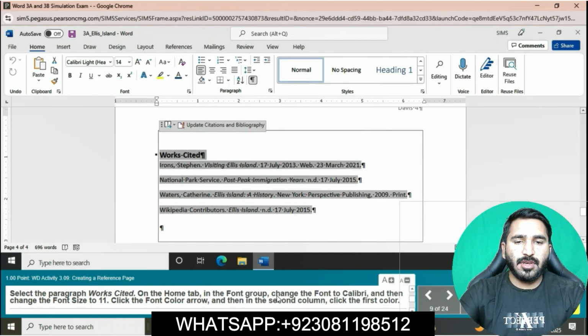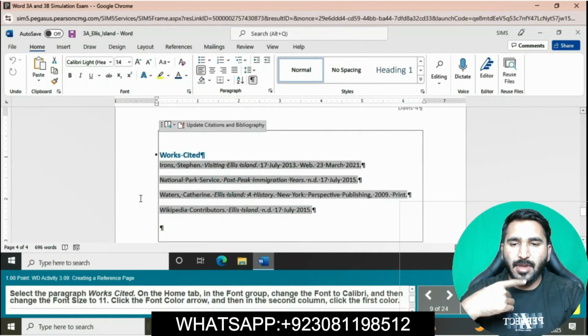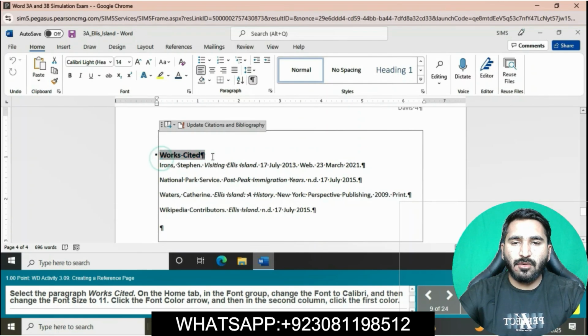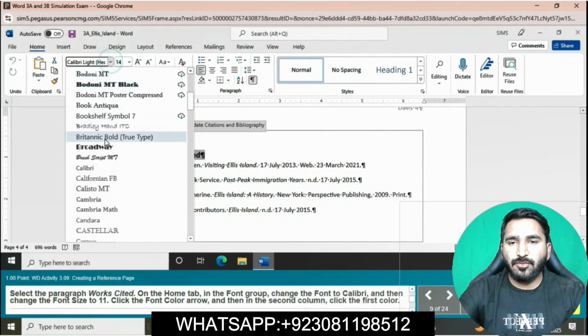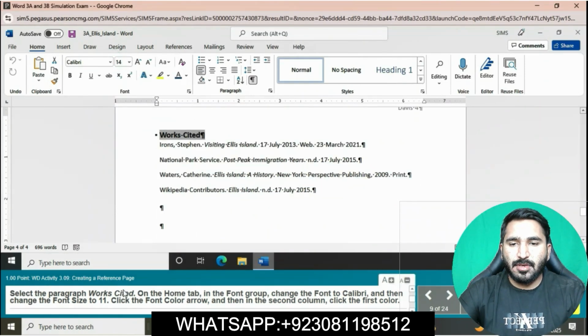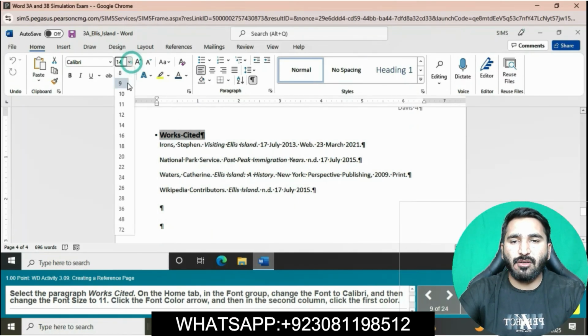You can read this question carefully and see it on my PC screen. Go to the Font group and apply the Calibri style on this Works Cited paragraph. Then go to the font size and apply 14.